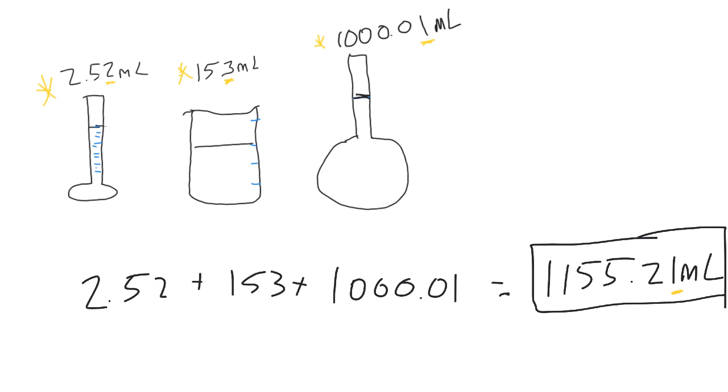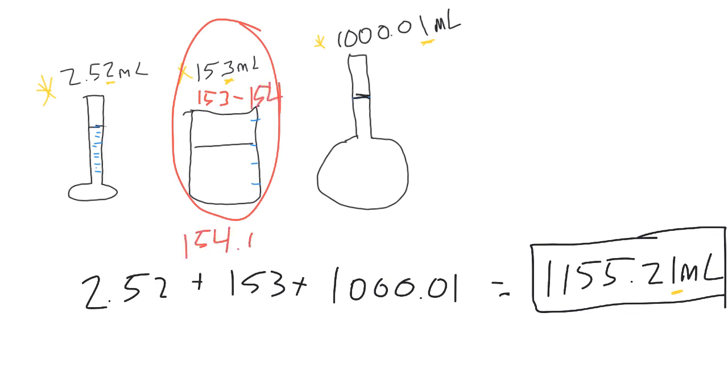Right, so I know that I have a ton of liquid here, and I know that I have it extremely precise because I look at all these decimal places. Well, the problem is that this measurement right here, I could have 153, I could have 154, I could have 154.02359. I could have anything in here because I don't know this number right here, this little 3. I only know that I have the 150 here, and I estimated the last one. So to report this number, if I was going to go to my lab report and say that this is my answer,